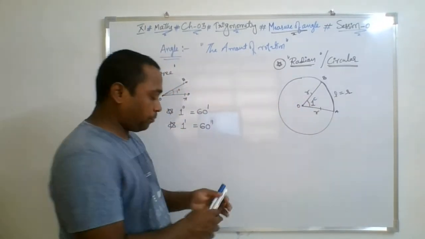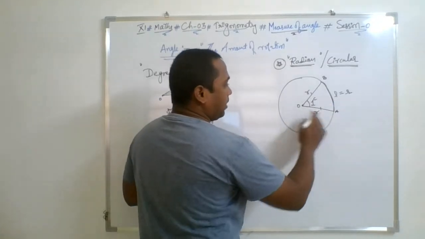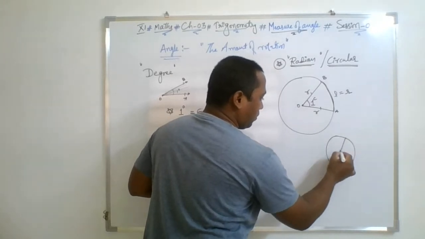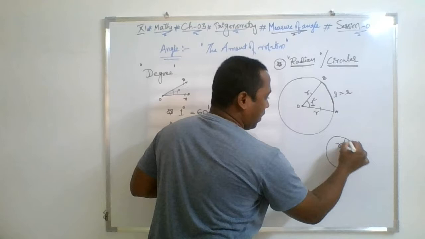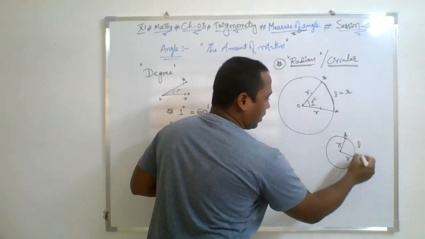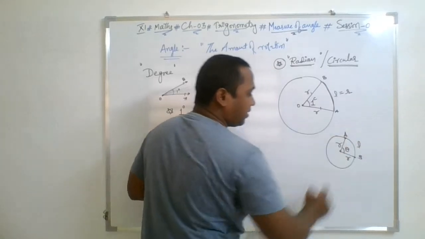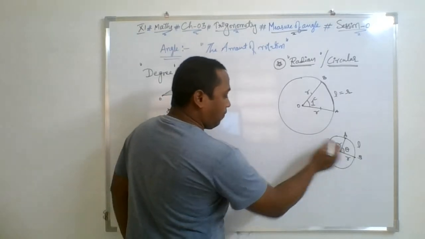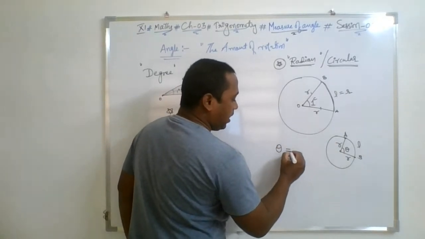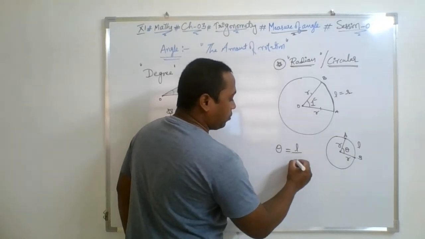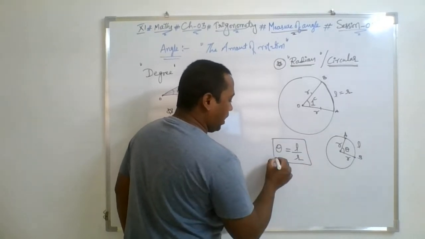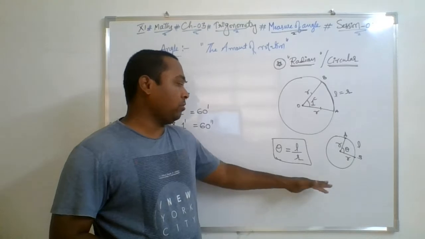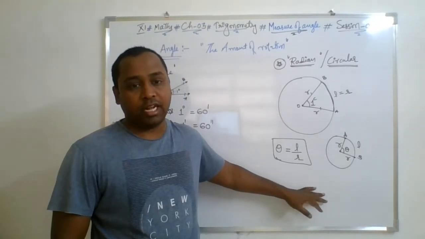So in this sense, we have a general circle, where the arc length is not equal to r. The radius is r units, the length of arc is l, and the amount of rotation is theta. So we have three variables, l, r and theta. The amount of rotation, that is the radian measure, is calculated simply by the formula l by r, length of arc by radius. This formula is derived from the definition only.